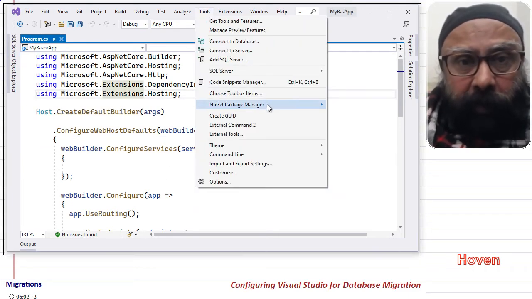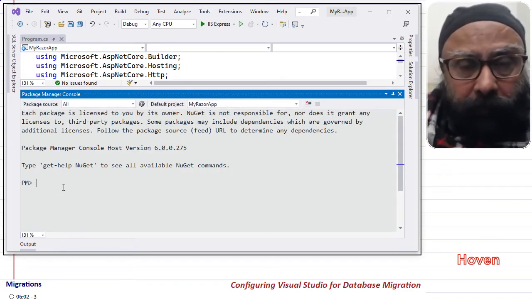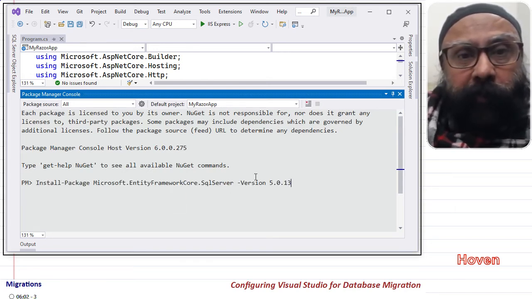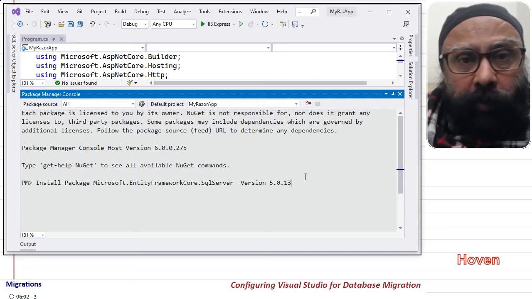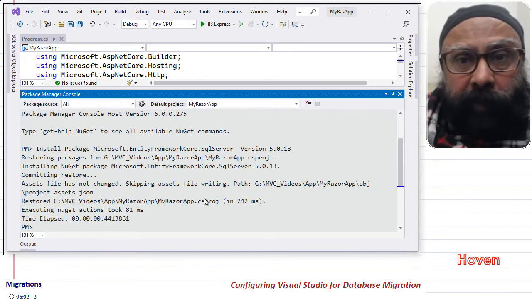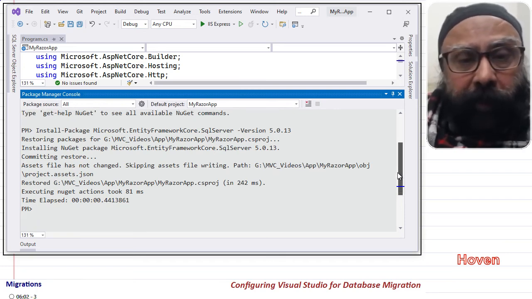For that, use the Tools menu to open the Package Manager Console, PM console. Type the command Install-Package Microsoft.EntityFrameworkCore.SqlServer to get the EF Core NuGet packages for SQL Server. Hit enter and let the installation complete to success. Wait for it to complete.